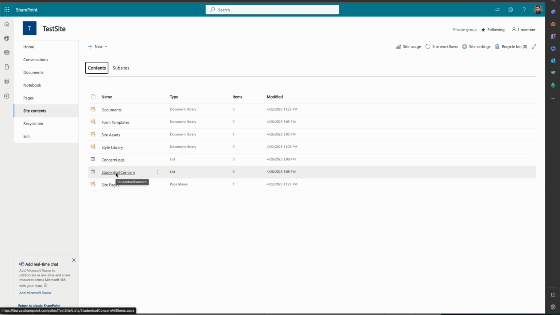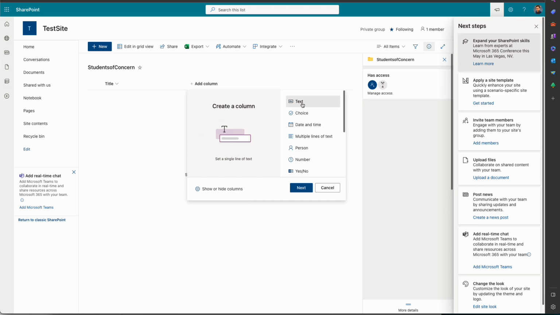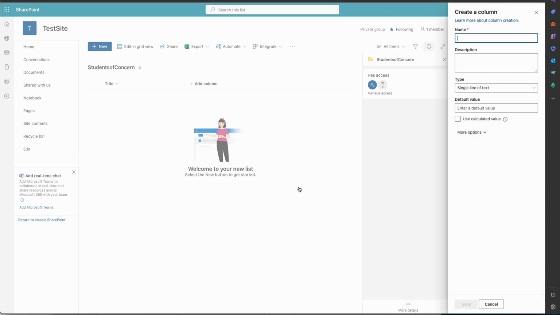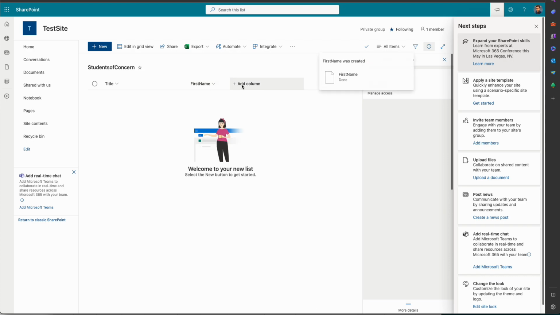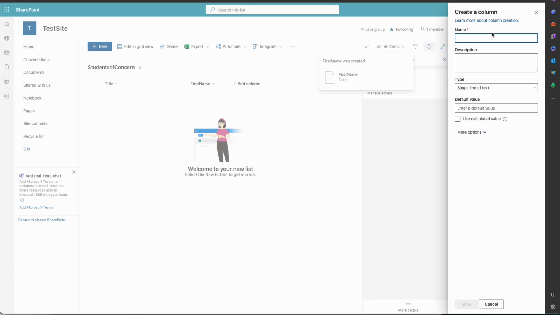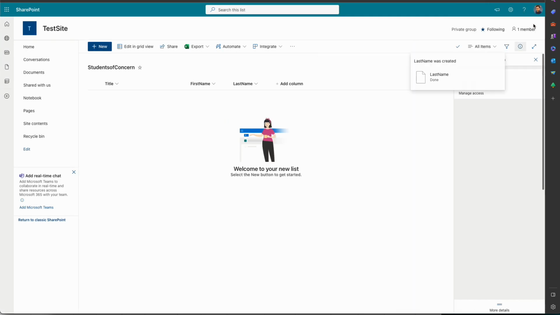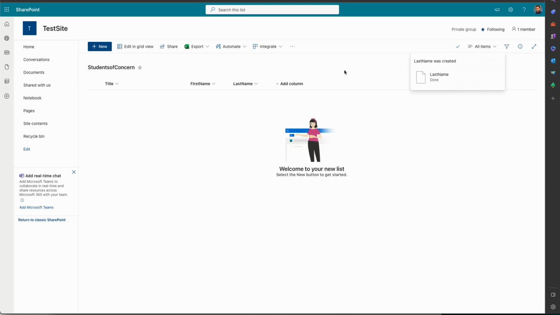I'm going to come into StudentsOfConcern and add a column. I'm just going to make it a text column, and I will call this first name. We'll keep it a single line of text. Then I'm going to do another one and call this last name. Again, we'll just keep it a single line of text. You can add an enormous amount of columns to this list, but I'm not going to do that. I'm just going to use title, which will be my student ID,